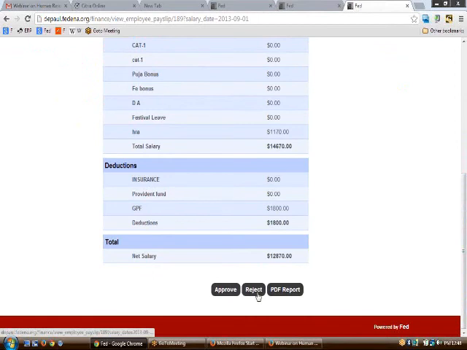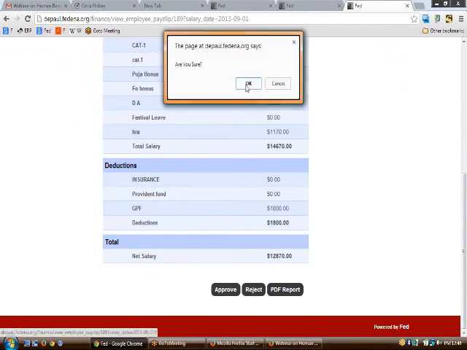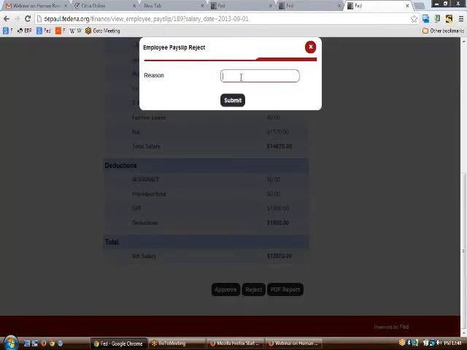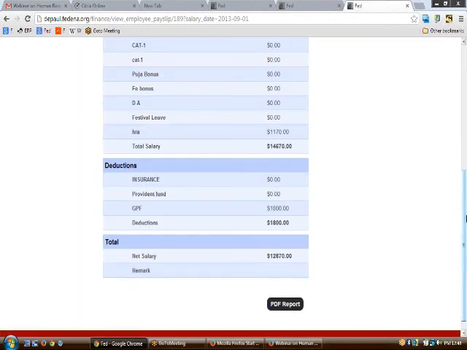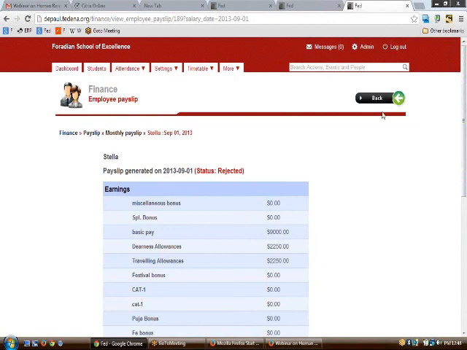In case he rejects it, he needs to put a reason for the rejection, and it would always be available in the rejected employee list.